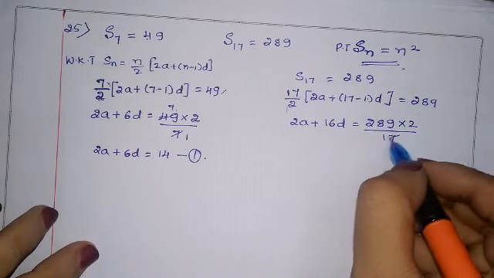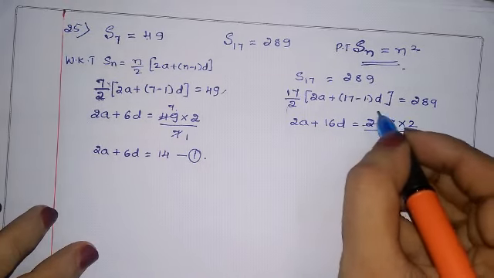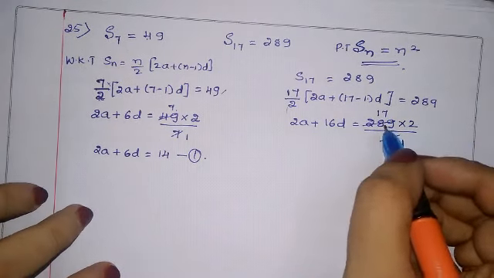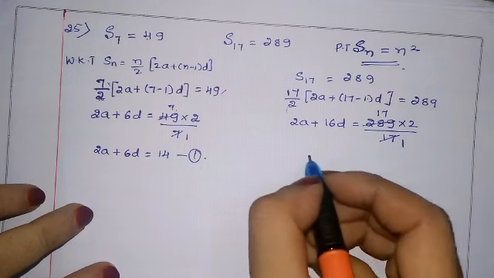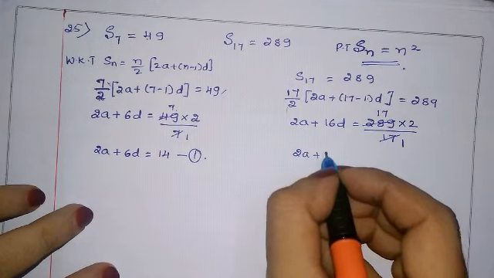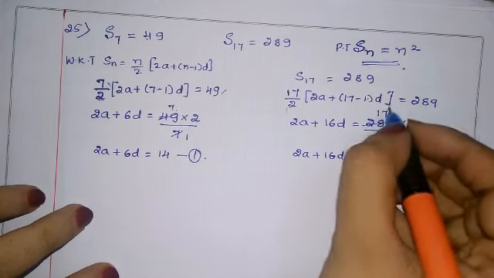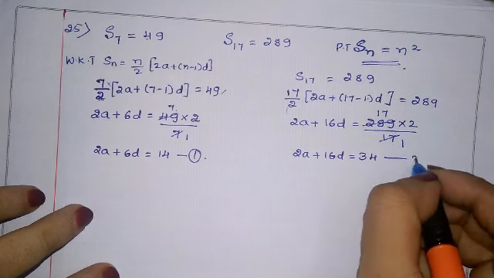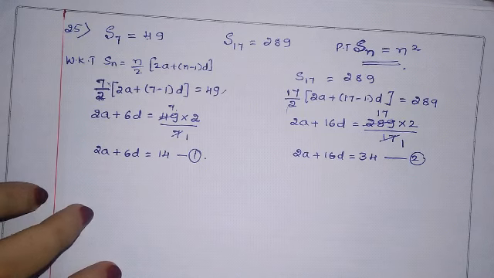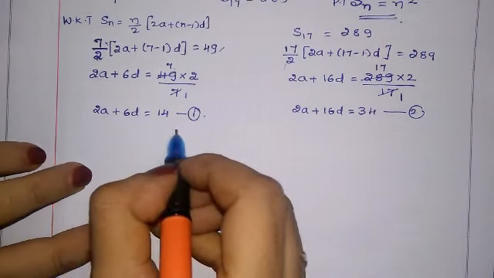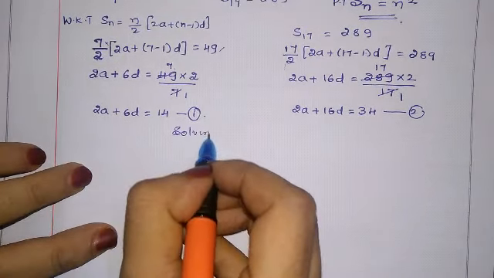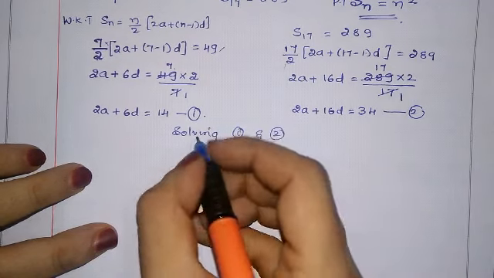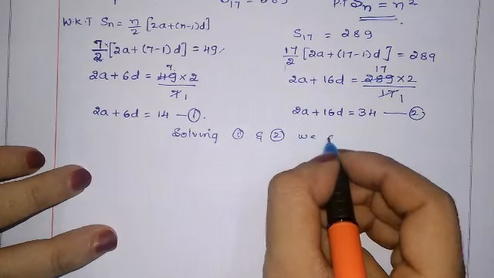Now we should know that 17 1s are 17 and 17 17s are 289. We should remember the perfect square. 17 17s are 289. 2a plus 16d is equal to 17 2s, which is nothing but 34. Equation 2. Same like the previous problem, again solving 1 and 2. You people should become perfect in this because I have solved so many such types of problems. Solving 1 and 2 we get